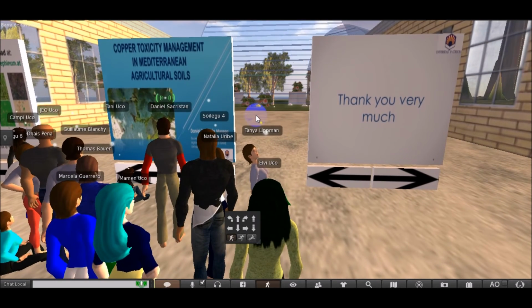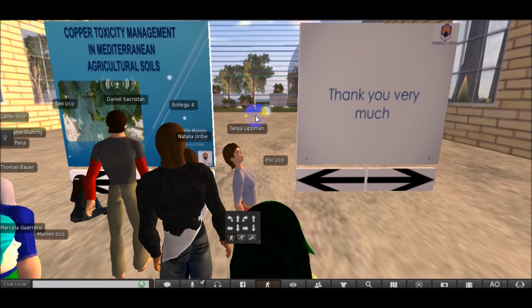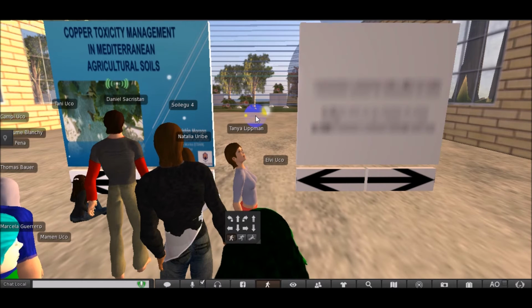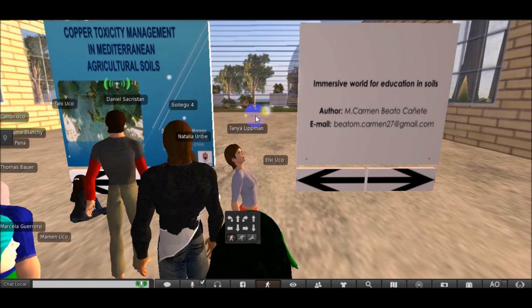Regarding the use of copper in agriculture, many of the fungicides used in broad spectrum are based on copper. One of the best known is the Bordeaux mix, and copper is also present in many of the widespread fertilizers used in intensive agriculture. As you may also know, intensive, conventional agriculture is based on the use of intensive and